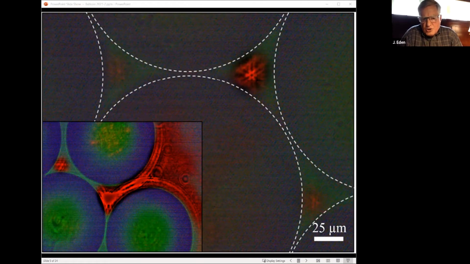So if we look at this larger photograph, again, we're looking through an optical microscope into the laser itself. Notice that at the so-called interstices, that is the regions between microspheres, and the boundary of the microsphere is shown by the dashed white curves. If we look at the upper right part of this photograph, notice that there's a star type of image that is being produced.